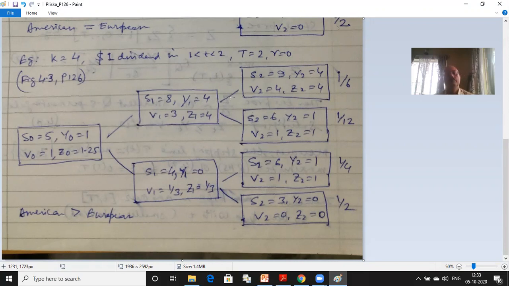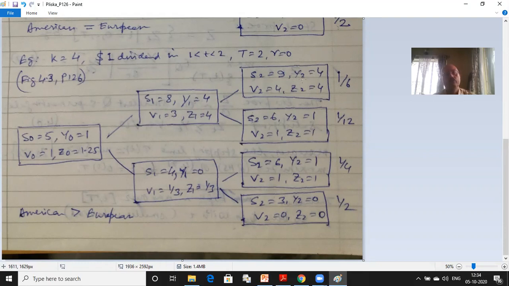Now, we want to go through the same kind of calculations, calculating V and Y at each node, and to check whether V is better than Y everywhere. Let us look at the terminals first. So at time point 2, at the terminals, after the dividend has been paid, the payoff from the option contract will be 4. It is 9 minus 4 minus 1. The dividend goes out.